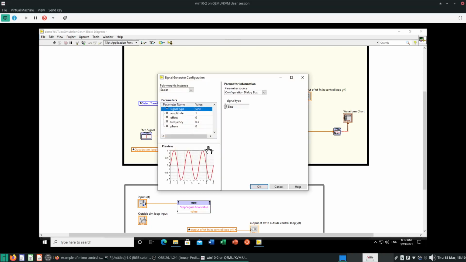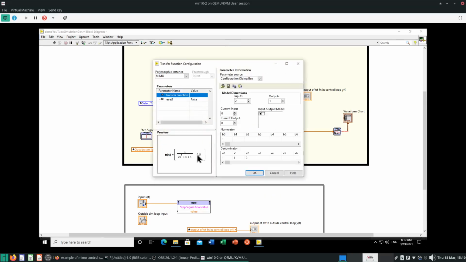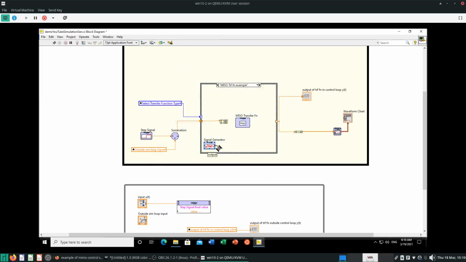Double click signal generator. And I want to go for the signal type called random. So this will be a noise signal. I'm not going to edit anything else, just the signal type. Okay, so go to signal type random, click OK. And this random signal, I want it to be affecting the second transfer function, 0.5. So I'm going to wire this to the second